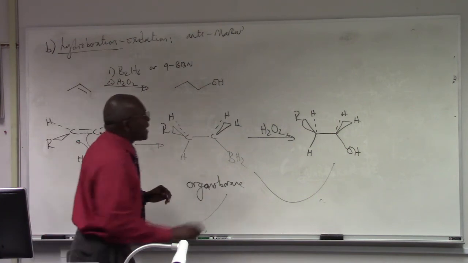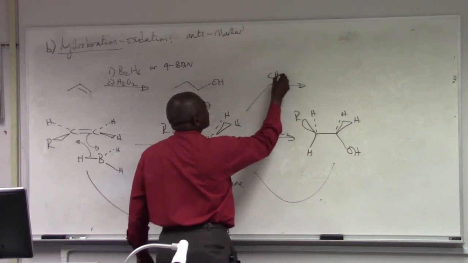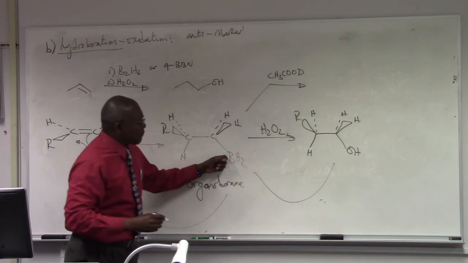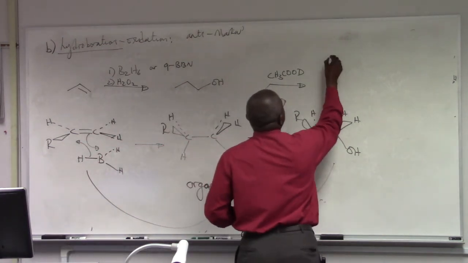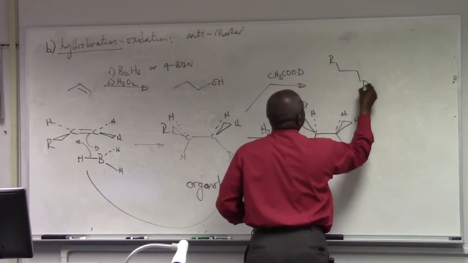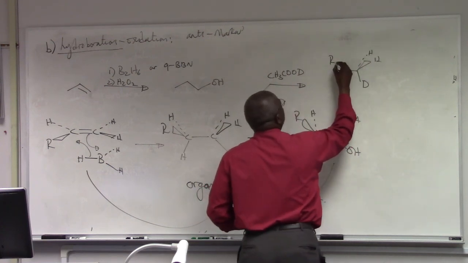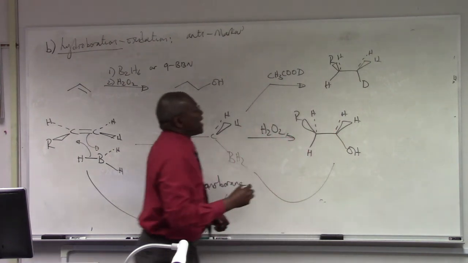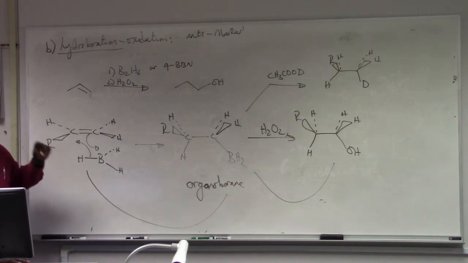It turns out if I treat them with acetic acid, CH3COOD, let's say D, I'll replace the boron by a D. So what I would get would be this compound. Now, I just want you to make sense of this. What this means is I can actually